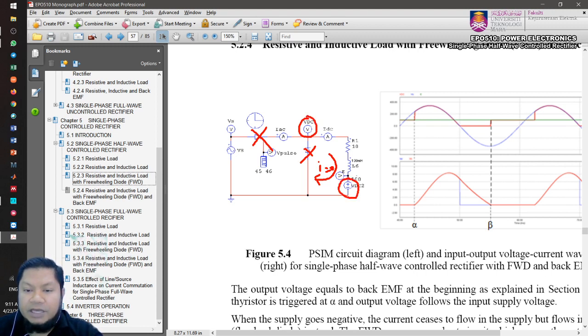So that's why you see that VDC equals the back EMF. At the beginning, VDC equals the back EMF, so your output voltage equals the back EMF until you start to trigger alpha. When you trigger alpha, the voltage equals the supply voltage again